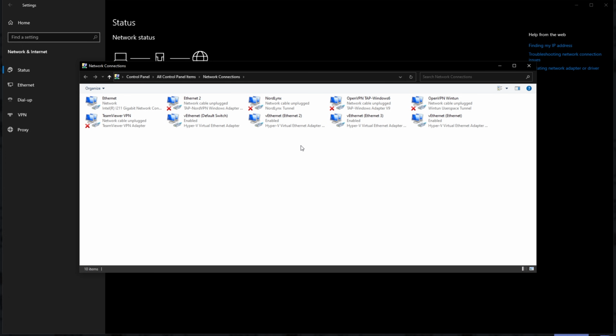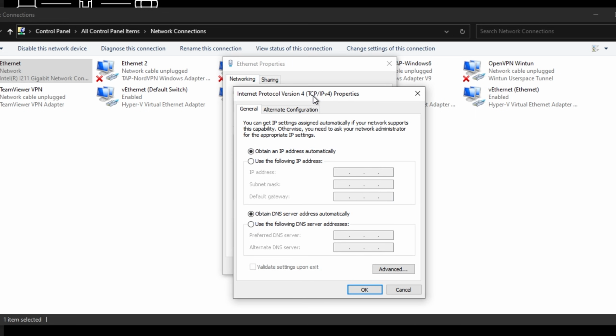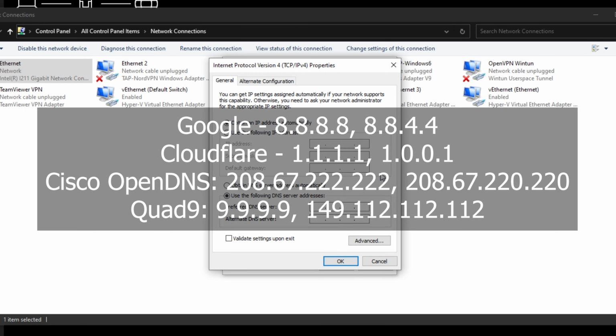I have a bunch of ones here as I'm hosting a bunch of virtual machines and VPNs, but we'll be clicking on the way that you're connected to the internet. More than likely, it'll either be wireless adapter or Ethernet. I'll right-click it, click Properties, and inside of this new window, I'll look for IPv4, Internet Protocol version 4, TCP/IPv4. Click Properties after selecting it, and when this new window opens up, we'll be clicking Use the following DNS addresses, and inside of here, we'll type in one of the options that you currently see on screen. Google's is